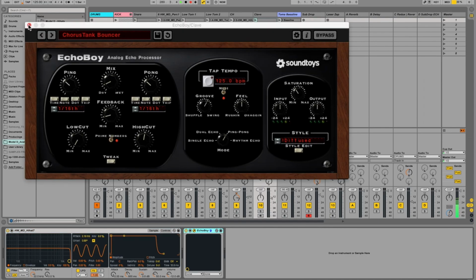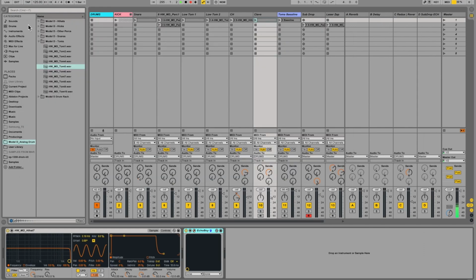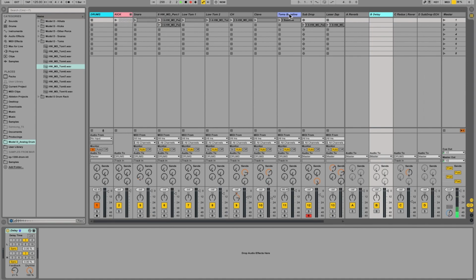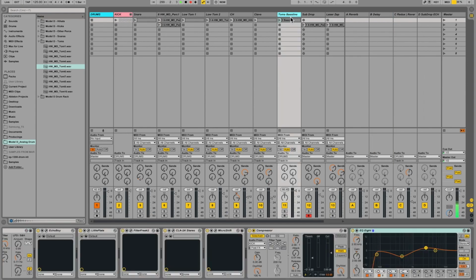Chorus tank bouncer. I dialed back the mix a little here, and I think I adjusted some timing here, but again, nothing too fancy. It sends also to the delay send channel. Alright, then the toms bassline. I wanted to use